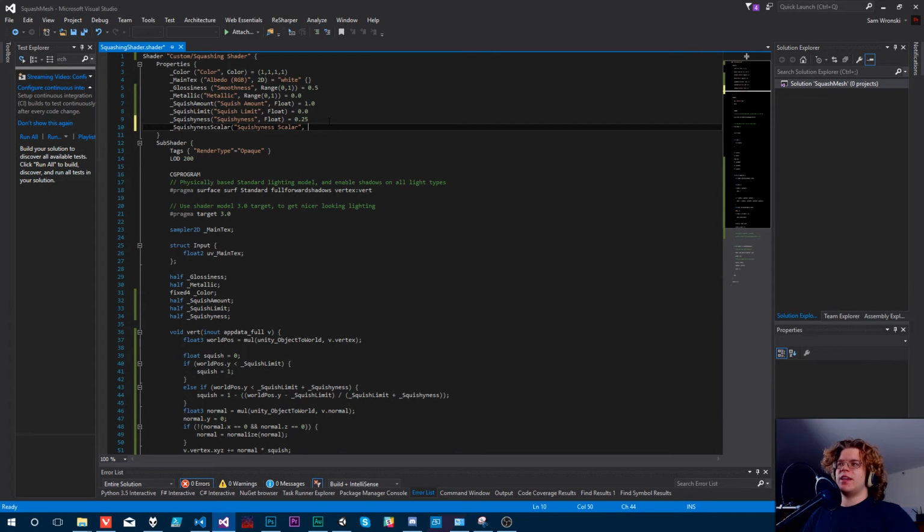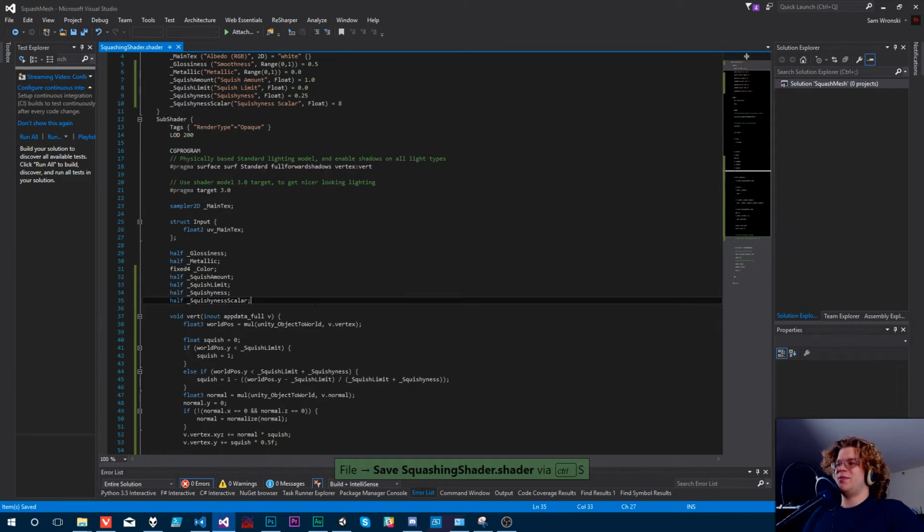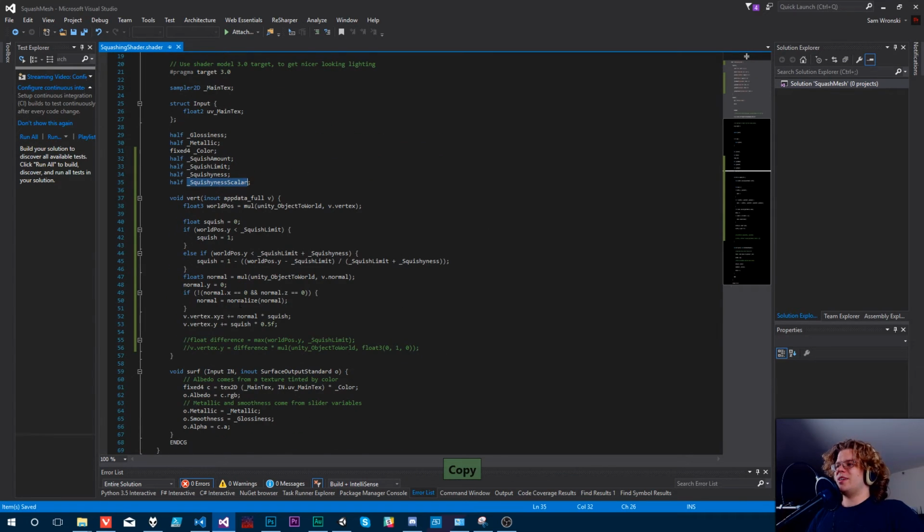And so you can make things go either way. If you make this scalar like a fraction, it will do the opposite. It will kind of bend out. I don't know what shape does that, but if you want it to, this will let us do that. So we're going to add that with this. I'll set it to like 8. Why not? It's not like I know what I'm doing anyway, so plugging in random values is not going to make a big difference. So we're going to take our squishiness scalar